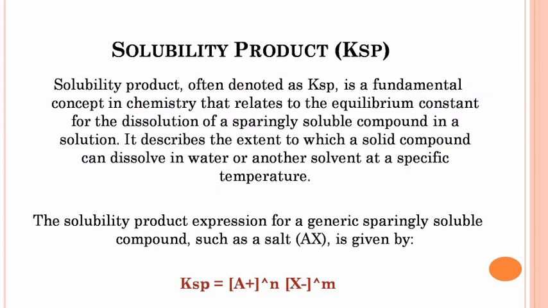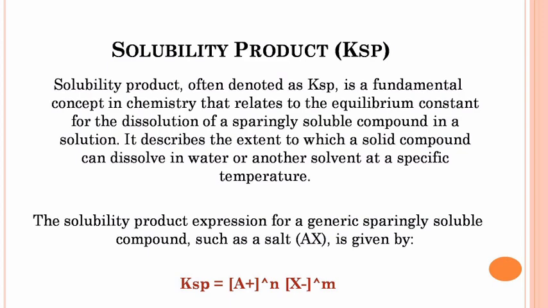Next is solubility product. Solubility product, often denoted as Ksp, is a fundamental concept in chemistry that relates to the equilibrium constant for the dissolution of a sparingly soluble compound in a solution. It describes the extent to which a solid compound can dissolve in water or another solvent at a specific temperature. The solubility product expression for a generic sparingly soluble compound, such as a salt, AX, is given by Ksp equals